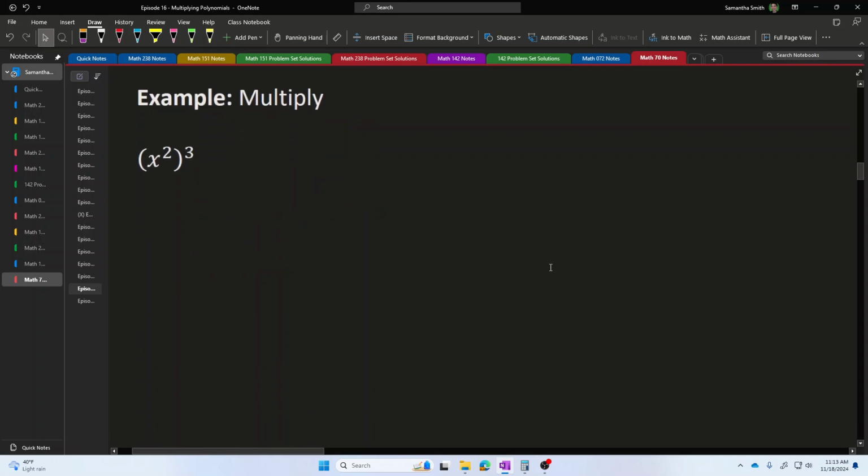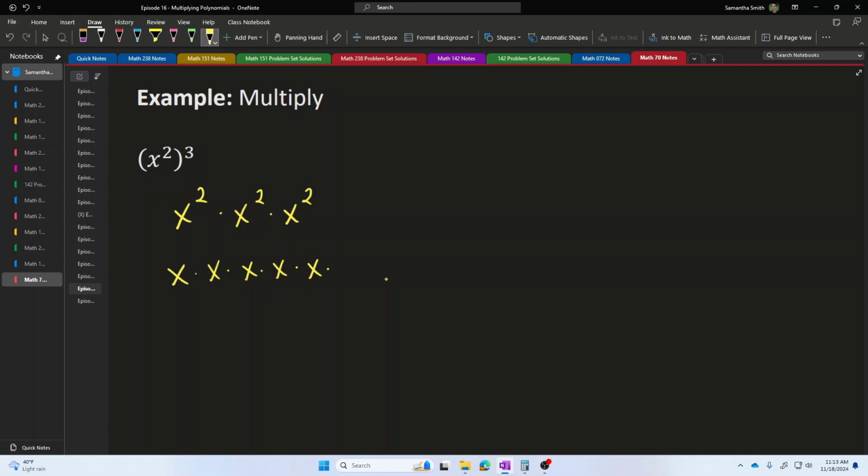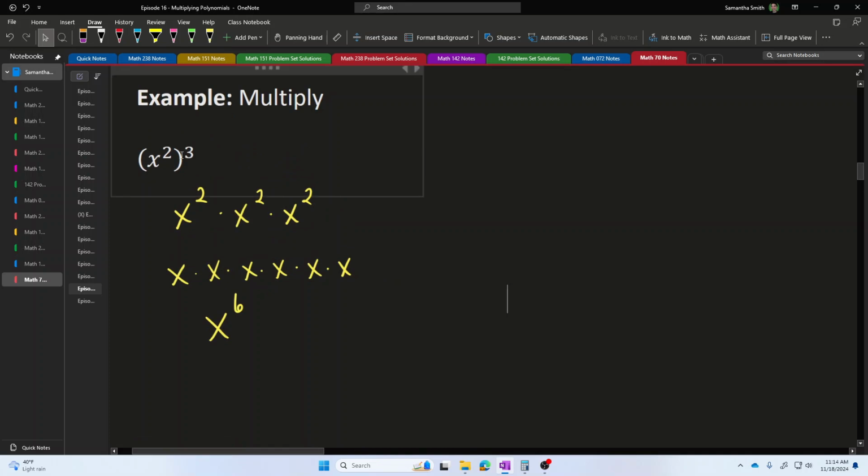And for another example, if someone says, take x squared and then raise that to the power 3, then what I'm doing is I'm multiplying 3 copies of x squared together. Now each of these x squareds is 2 copies of x multiplied together. So if I write that out in full, I can see that what I have here is a total of 6 x's multiplied together. So 6 x's multiplied together can be expressed as x to the sixth power. x to the sixth power is equivalent to x squared, then result raised to the power 3.